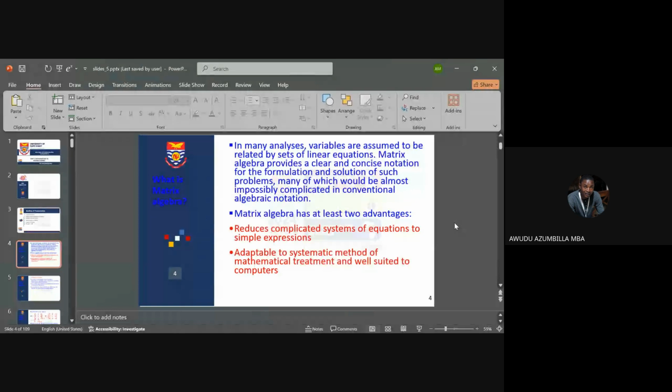So with matrix algebra, it has at least two main advantages. It reduces the complicated systems of equations that we have. Sometimes they give you like 5 equations that you should solve simultaneously, which is too complex. Using matrix algebra, we'll be able to express them easily. It is also adaptable to a systematic method of mathematical treatment, and it is well suited and applicable to all computable problems. Even in computers, we can use Excel, we can use R, we can use so many tools like MATLAB